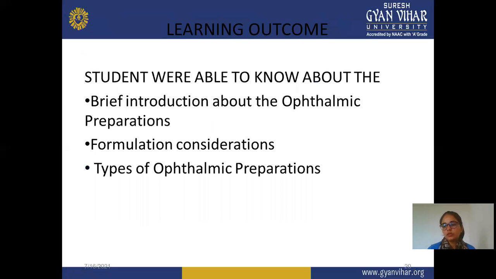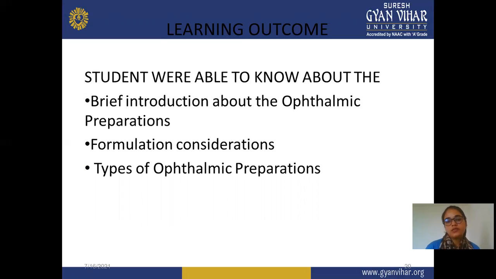So this is all about the ophthalmic preparation, including different formulations as well as contact lenses, how you apply and use these contact lenses, some precautions, and what requirements are necessary for preparation of ophthalmic preparations. In this, we already saw different requirements. After completing this lecture, you should know these outcomes: a brief introduction of ophthalmic preparation, including definition, all the properties, and all the complete information regarding ophthalmic preparation that we already covered, and the different formulations available for ophthalmic preparation, including eye drops, solution, ointment, or other formulations that we discussed.